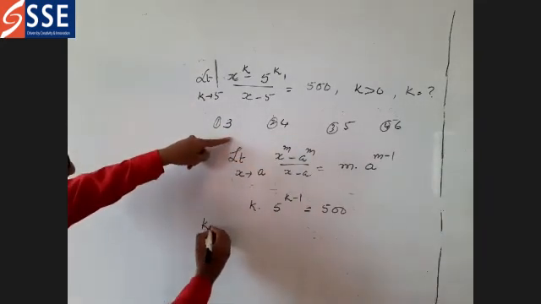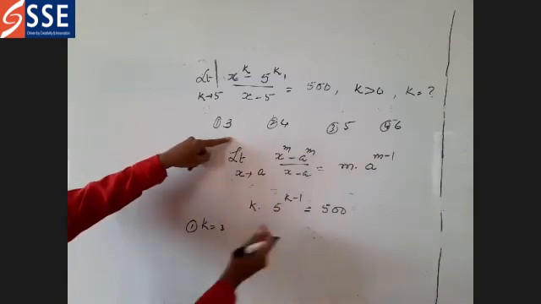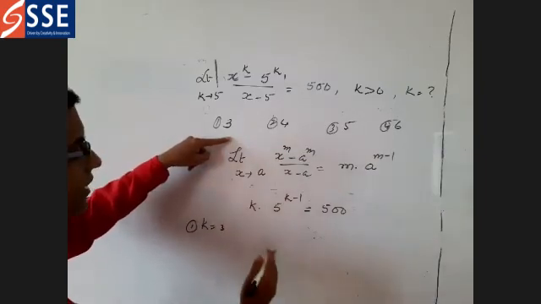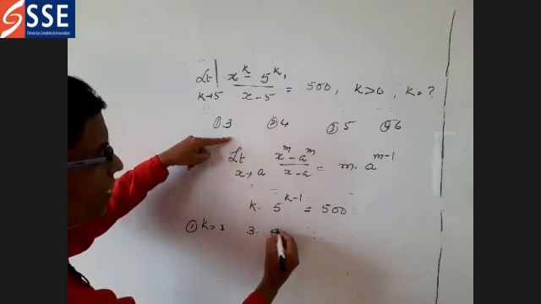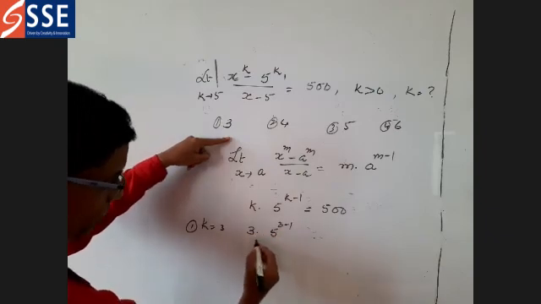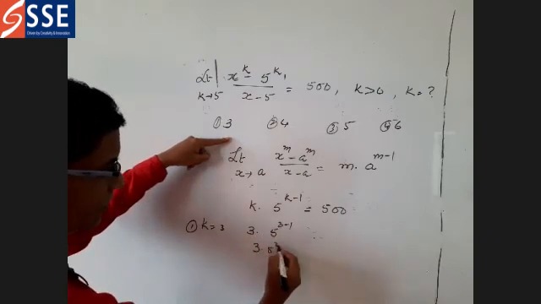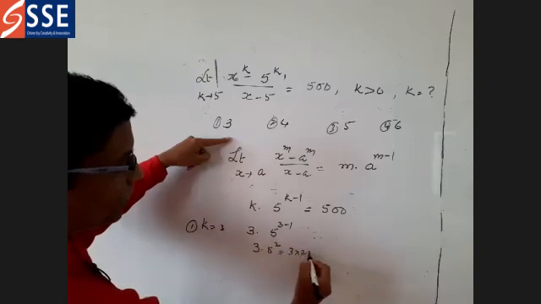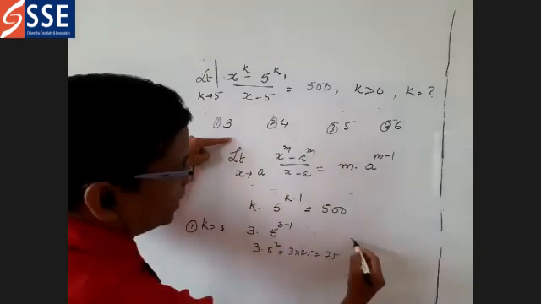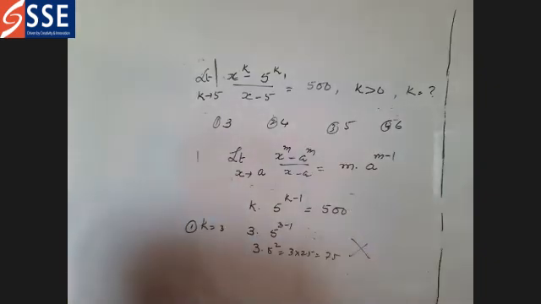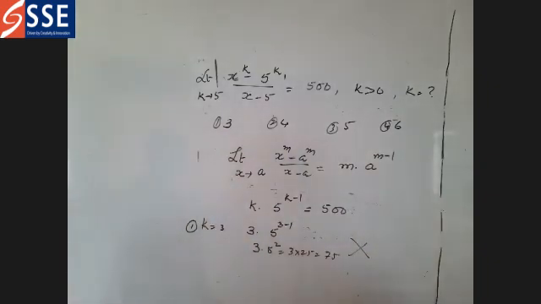So k is equal to 3. First option you go, check whether the condition is satisfied or not. Check it: 3 into 5 power 3 minus 1. So what is this value? 3 into 5 square. So the option is not satisfied. You are not getting 500 as an answer. Okay. Go for